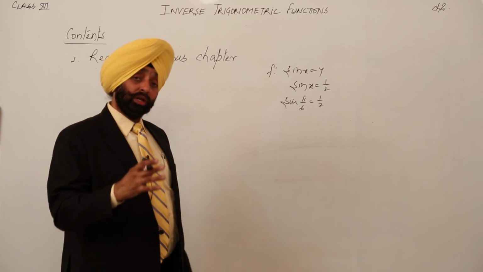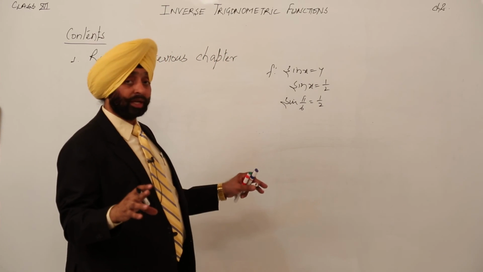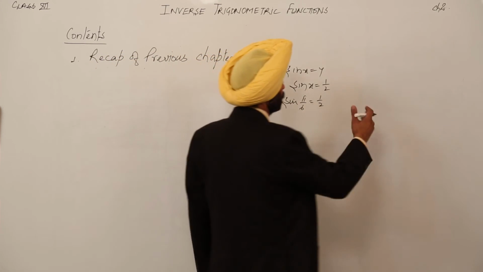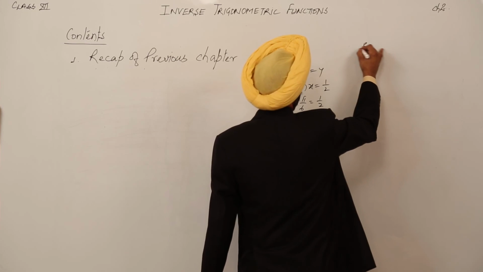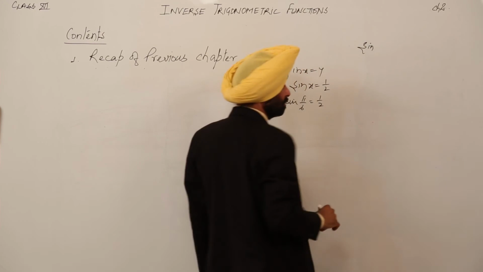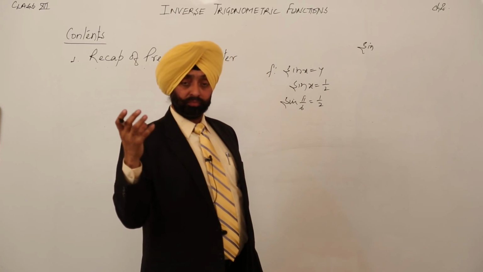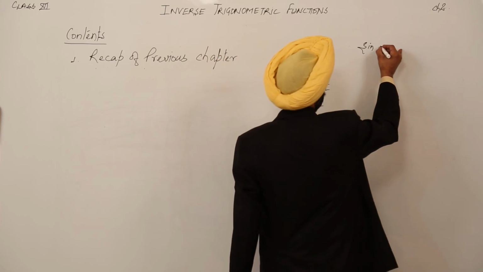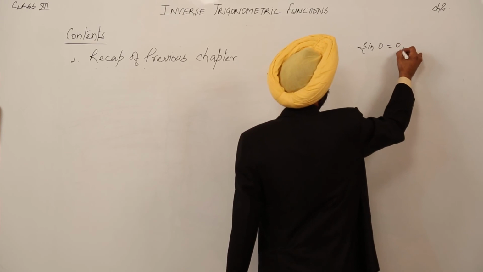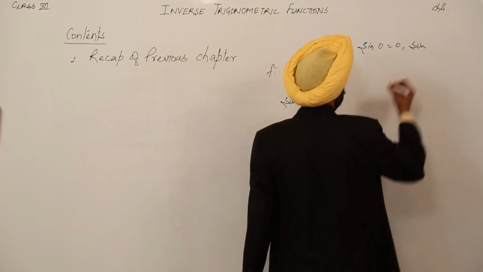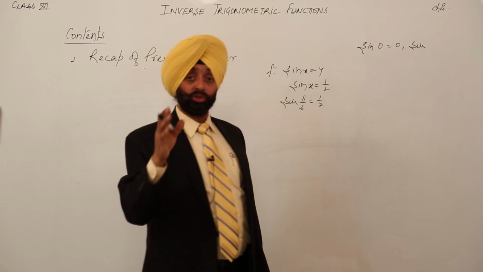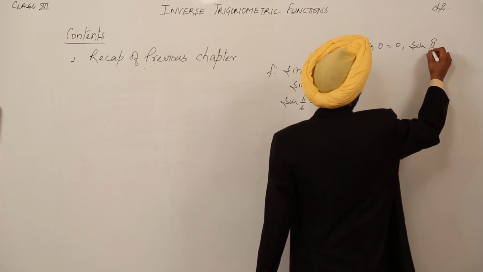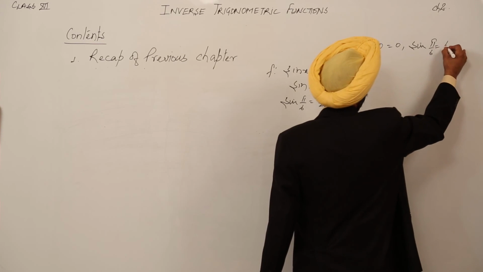Now let's write other values for sin x. Tell me the maximum values which you can. Okay, one by one you can speak and I am going to write it. Now let's start with the values in the first quadrant, from 0 to 90 degrees. Sin 0 is 0, sin pi by 6 is equal to 1 by 2,